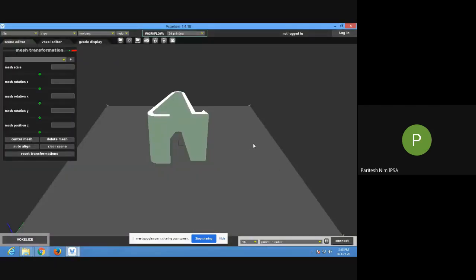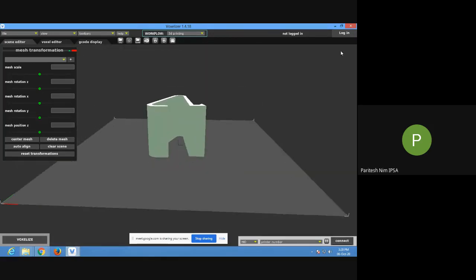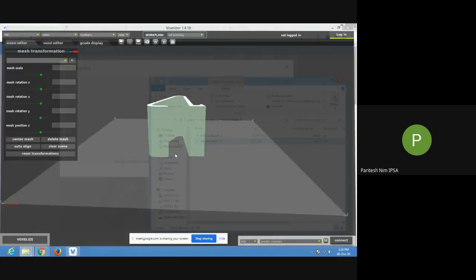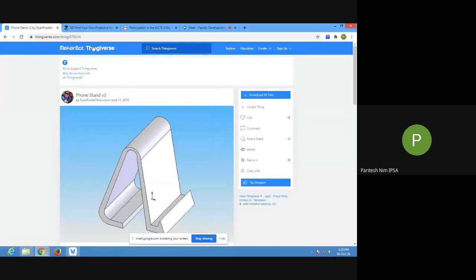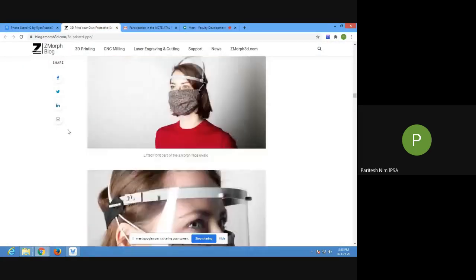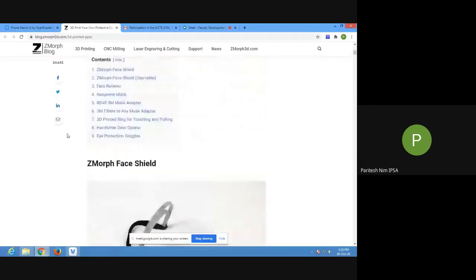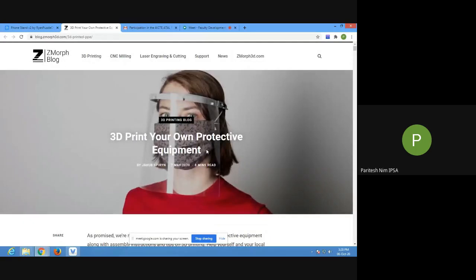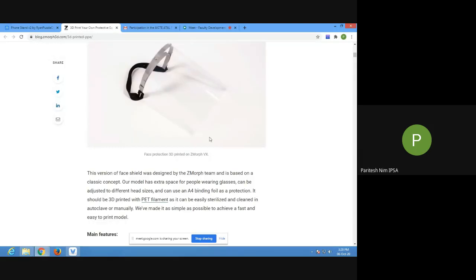This is the iPhone stand. So this is thinkverse.com, and the next one is the Zmorph blog. Zmorph company made this website, zmorphblog.com. You can download any type of model. Suppose you want to download this face shield,